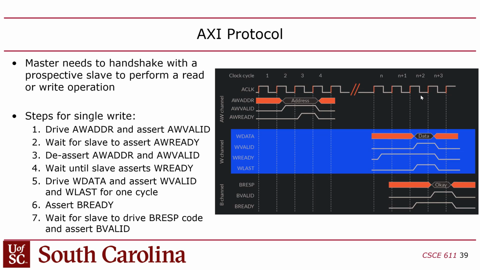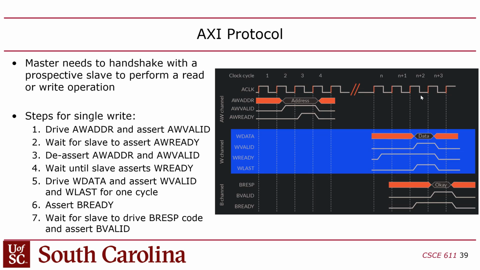But that happens separately, and I can wait to do that, although typically that doesn't happen. The next step is I need to go to the write channel, the data write channel, and I need to assert ready and wait for him to give me a valid, right? When that happens, then I can put out the data that I want to write, and there's this additional signal